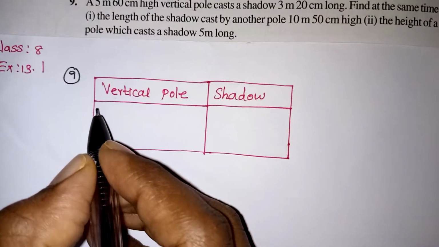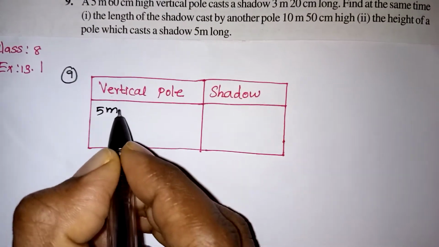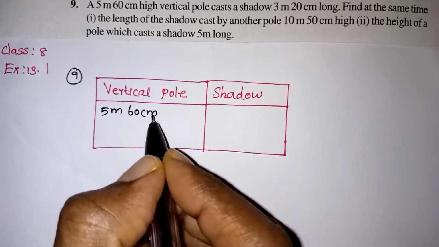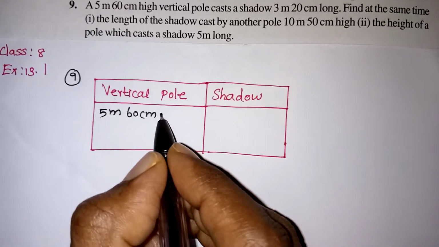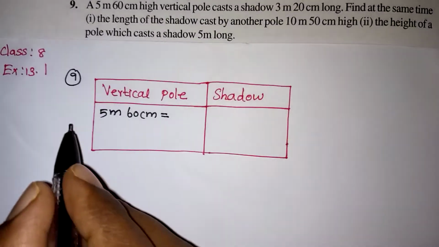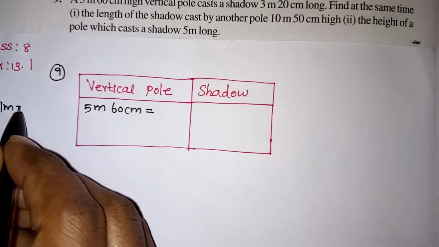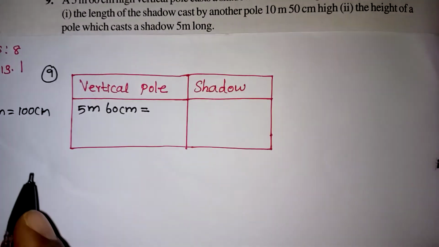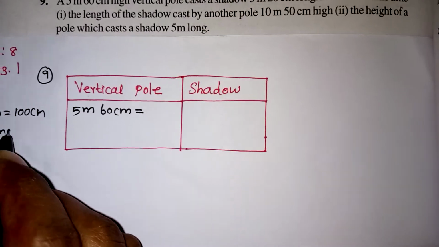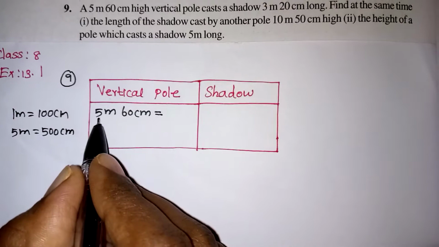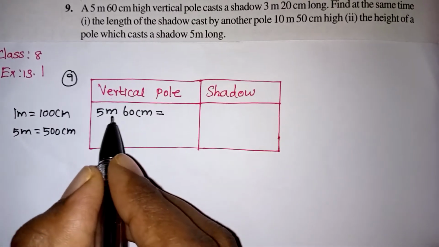Suppose the pole is 5 meter and 60 centimeter. So the unit is given in meter and centimeter together, so we have to convert it into the same unit. Then only it is easy for us to calculate the remaining values. So we all know that 1 meter is equal to 100 centimeter. So 5 meter will be definitely 500 centimeter. We know that. Now this is 500, this is 60. When we are adding these two,